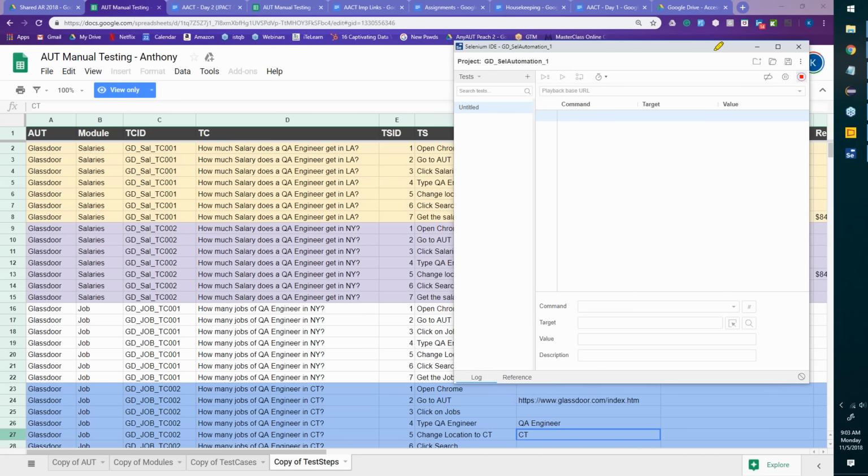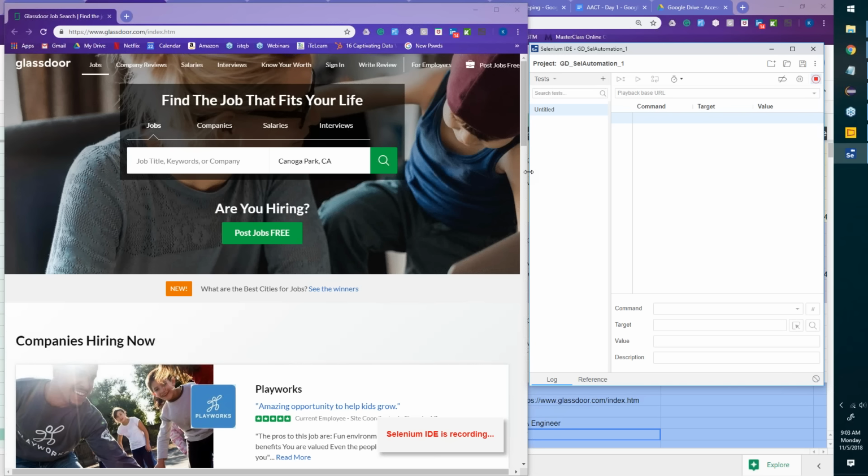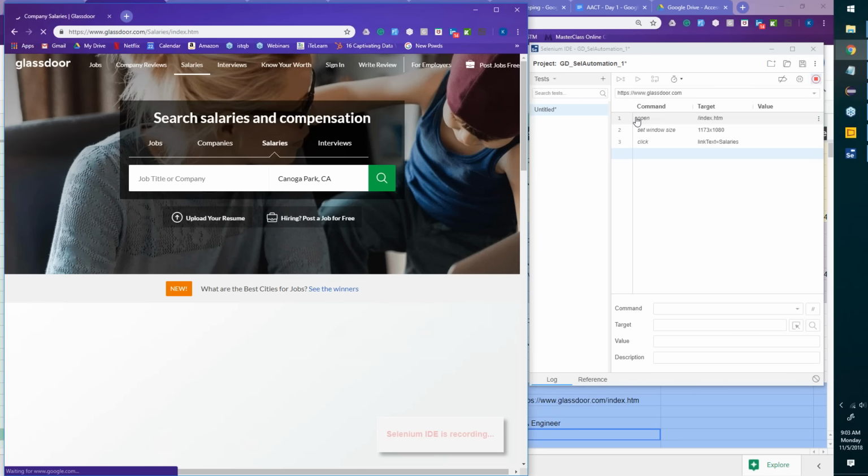All I want to do is be able to see what is happening in my Selenium IDE while I play around with this application. I'm going to randomly run a few things and see what happens, team. So I want to go to salaries and click on it. When I clicked on salaries, these three columns, command, target, value, which were empty earlier, now seem to be storing some information.